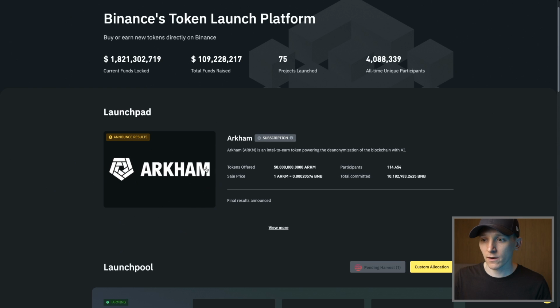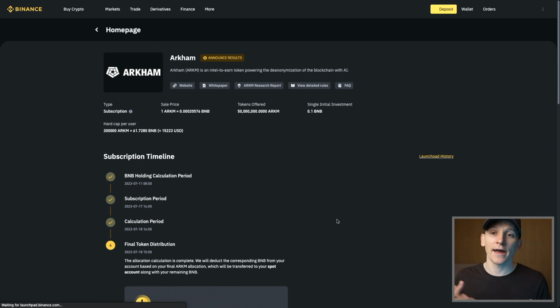And if we click on something like this, so the last one that happened was Arkham. So we're going to click on Arkham and see some of the details here. So you are actually swapping value and you are getting a new token. You are giving some money to the team and they are selling you that token. So what we can see here is that it's a subscription, and the sale price eventually after the subscription took place was one Arkham token was 0.0002 BNB. There were 50 million tokens offered. The lowest investment for one person was 0.1 BNB, and there was a hard cap of 300,000 Arkham per investor,